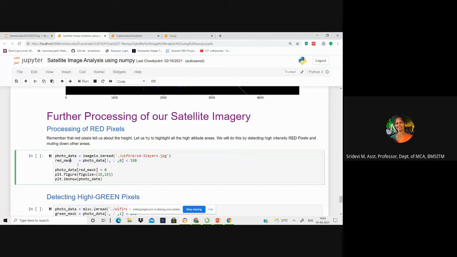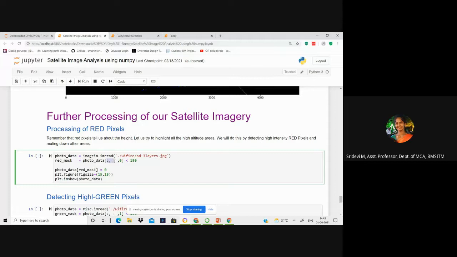How are you creating this filter? On the photo data, for all the rows and all the columns, meaning throughout the image, you're not selecting any particular rows or columns.